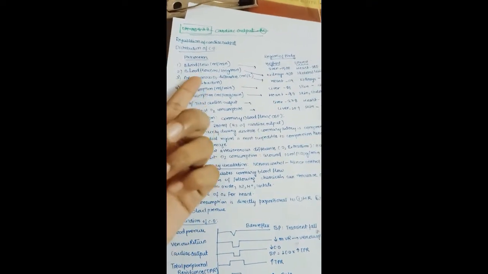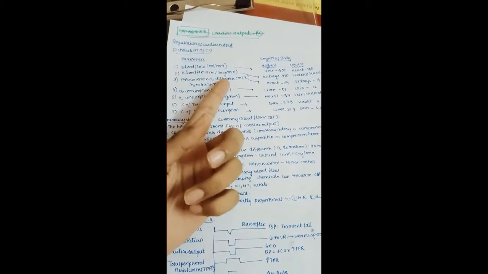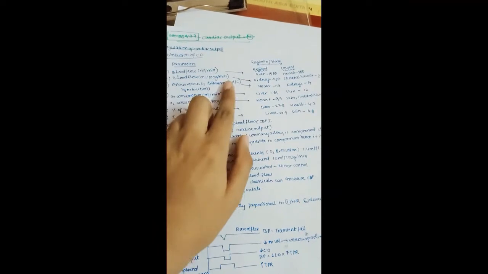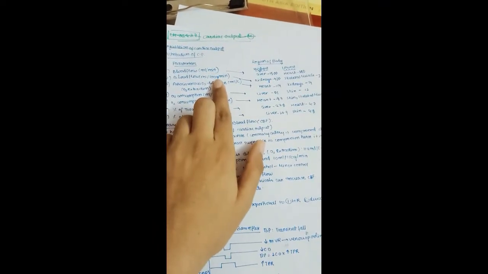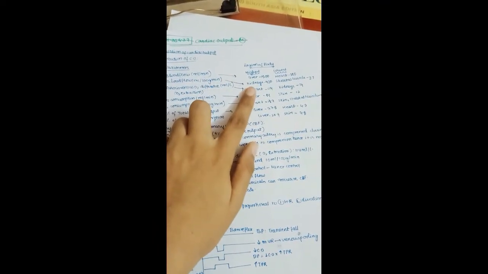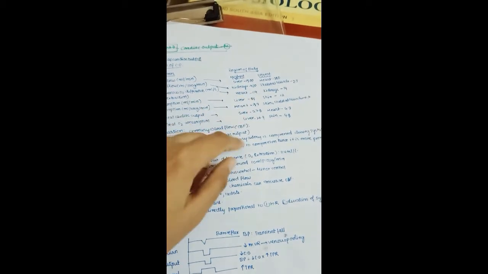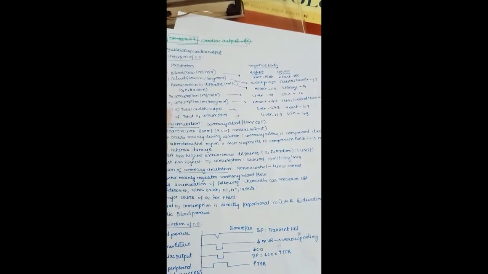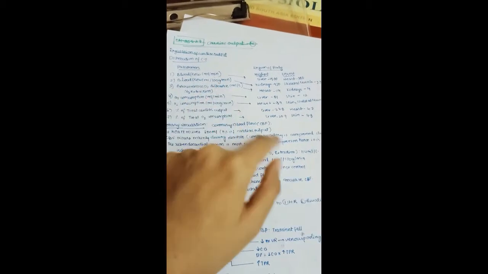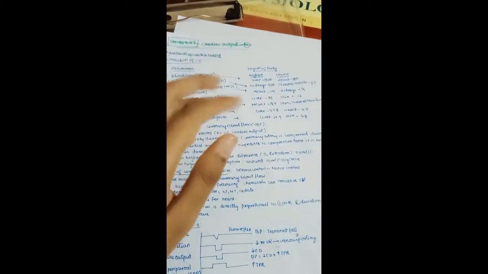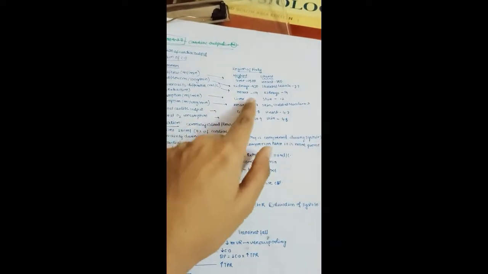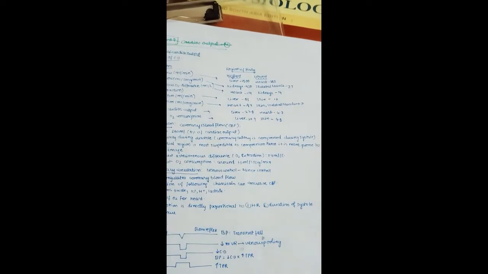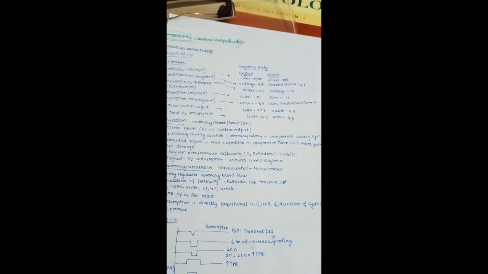Next, blood flow in milliliters per 100 grams. Before we were seeing per minute, now we are going to see per 100 grams. Per 100 grams, the kidney takes more blood, around 420, and skeletal muscle takes 2.7. Now we are going to see the arteriovenous oxygen difference. It is highest in the heart, at 114, and lowest in the kidneys, at 14.